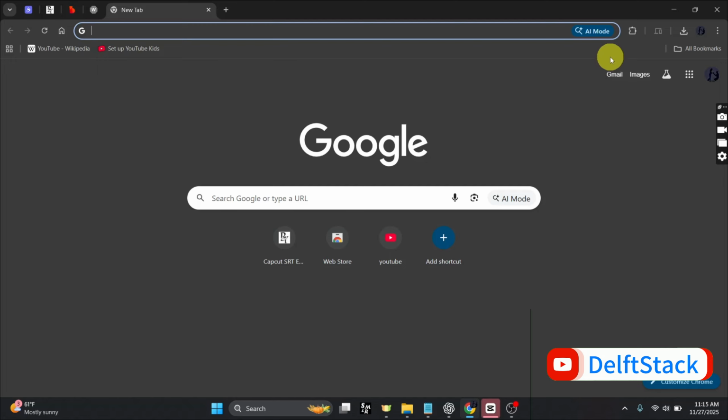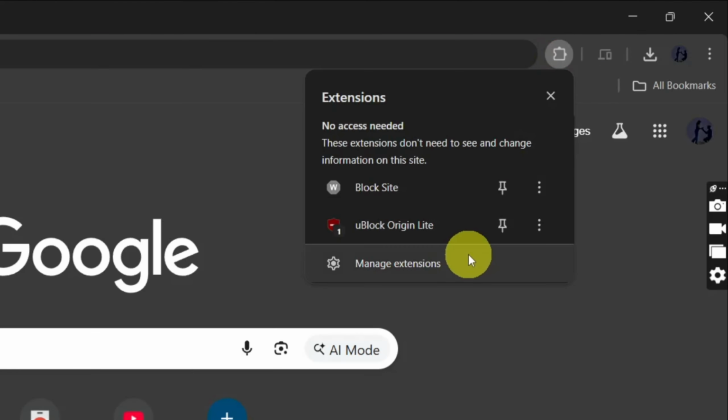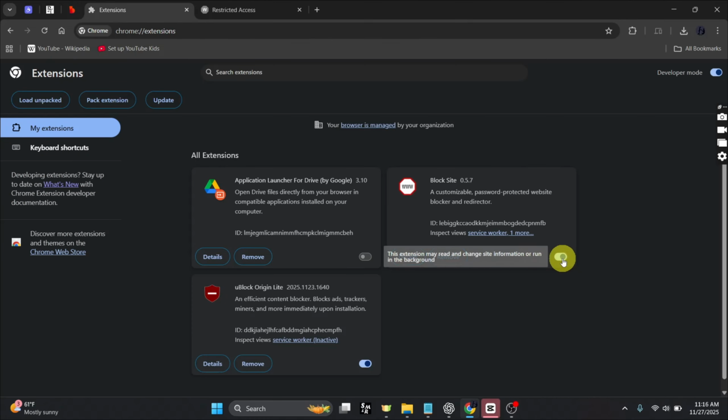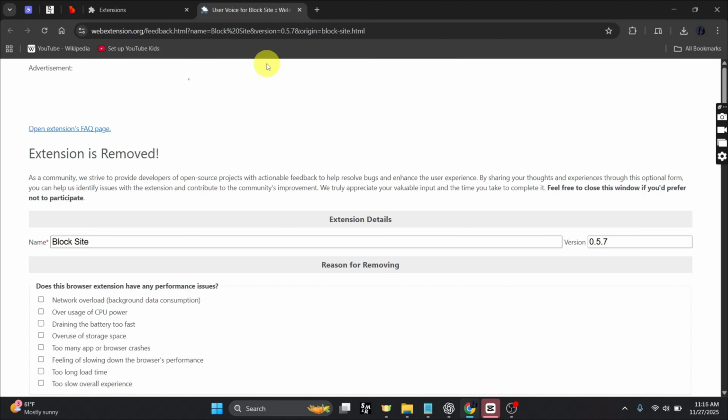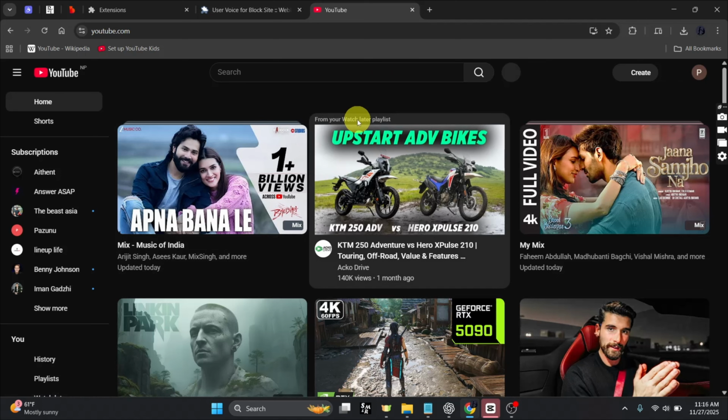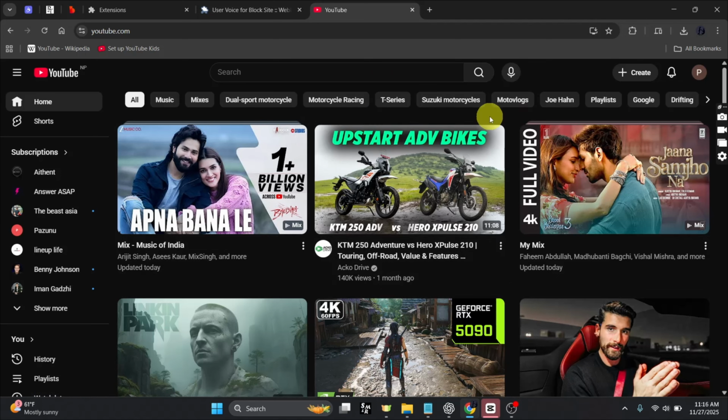If you have used an extension to block a website, you can just click on the extensions and Google Manage Extensions, toggle the switch off or remove it directly. Click on Remove. You will see that my YouTube works perfectly. We just unlocked a website in Chrome by adjusting the settings and ensuring no extension or security tools were restricting